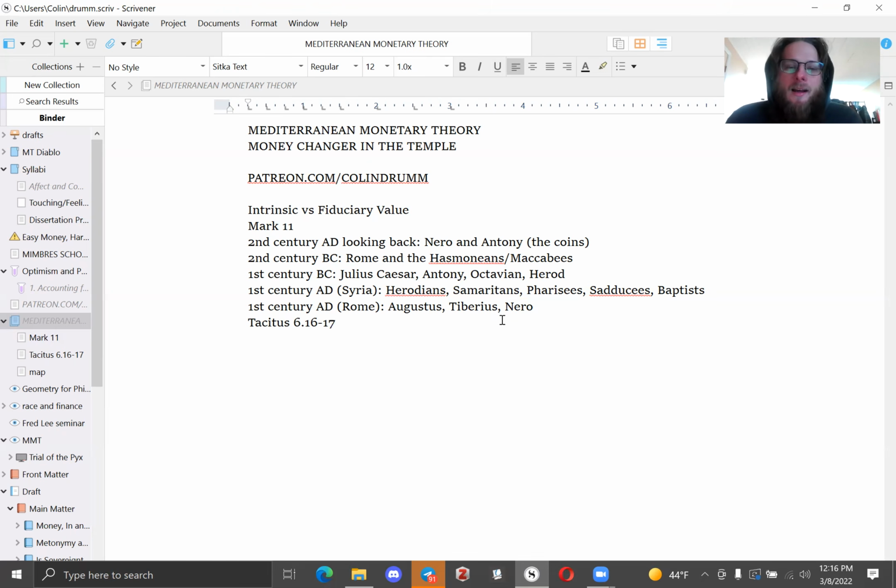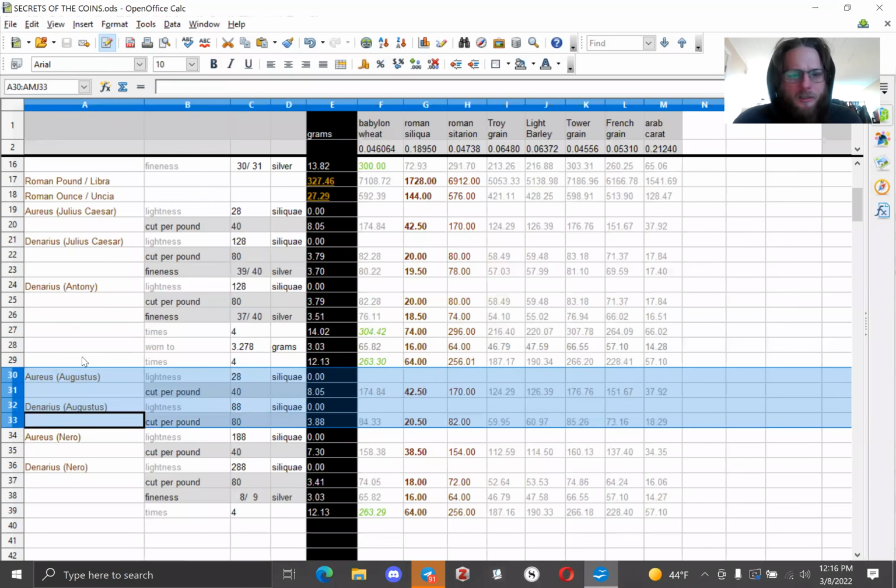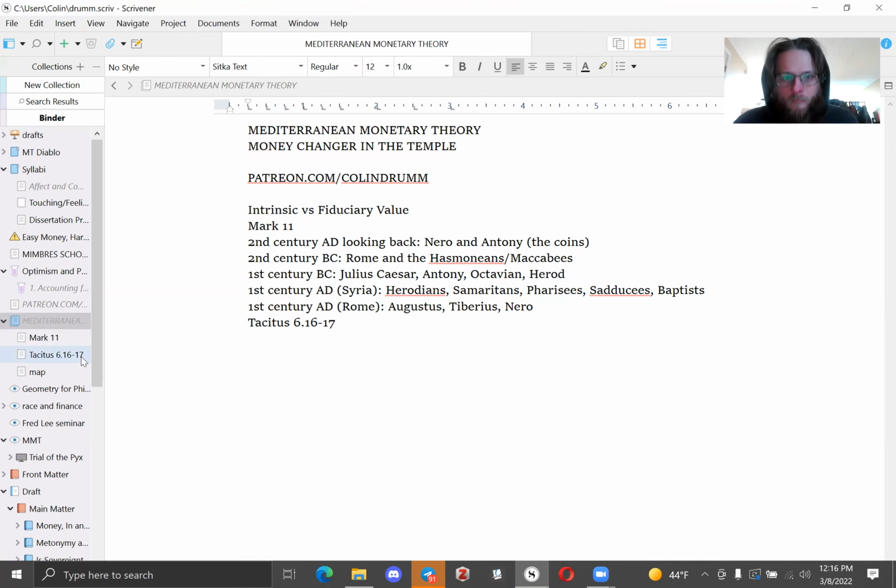So Augustus, of course, is Octavian, same guy. He defeats Antony. He unifies the empire, and he reforms the coinage. He sets up this standard that I've characterized here. We don't need to worry too much about the details of it. But the important thing to understand about Augustus is that he is a very vigorous ruler, and he's spending and taxing a lot of money. So we have an expansionary fiscal system.